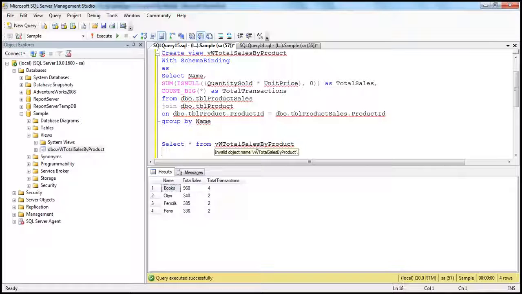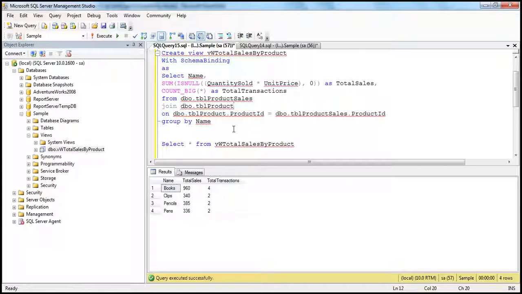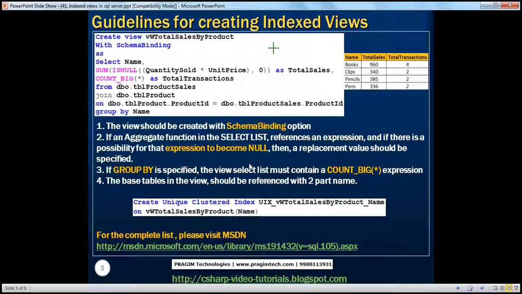The database engine will actually execute this select statement, which means the query has to go back to these base tables, and then it has to compute the sum, the total transactions, everything, and it has to group by them. Every time you say select star from this view, it has to compute those. So obviously, if your product sales table is huge,